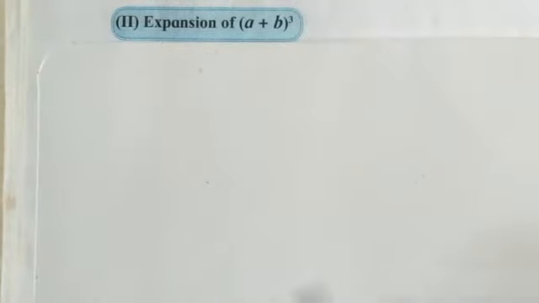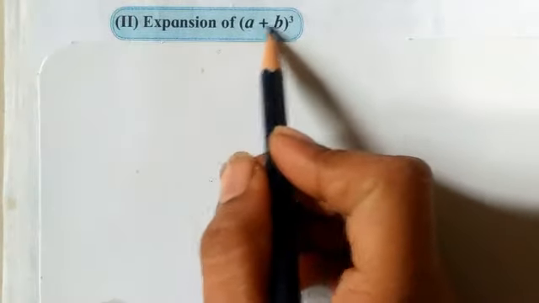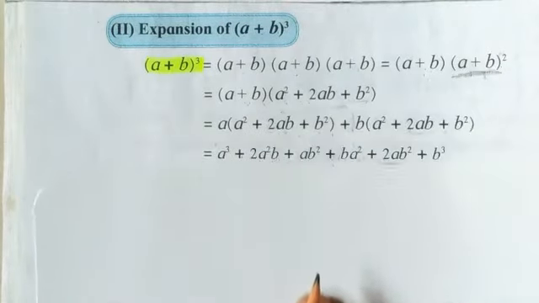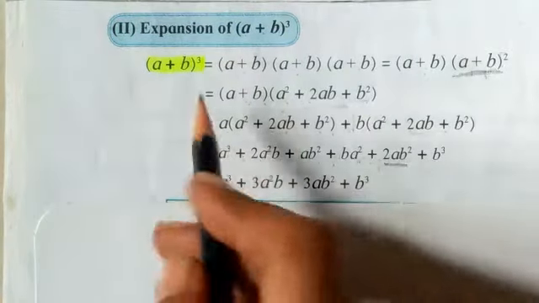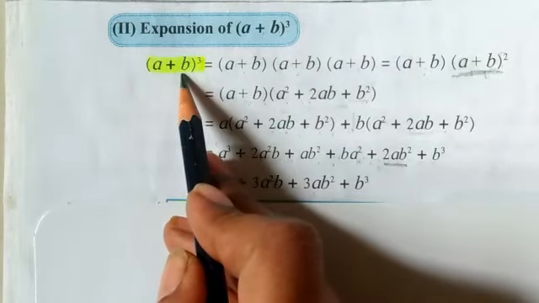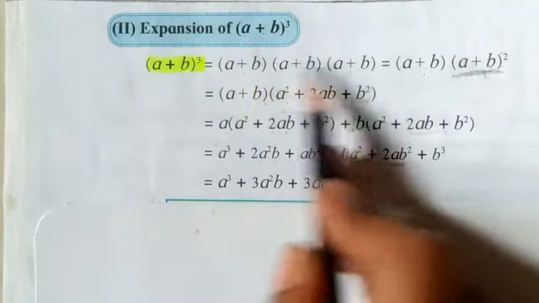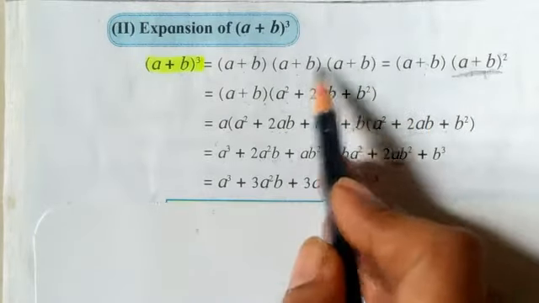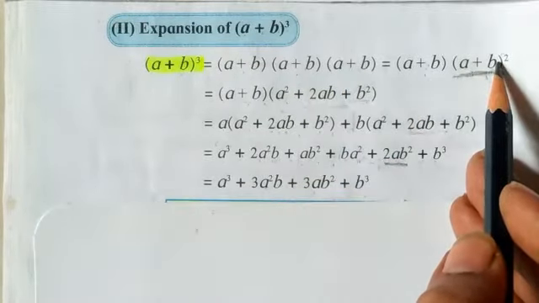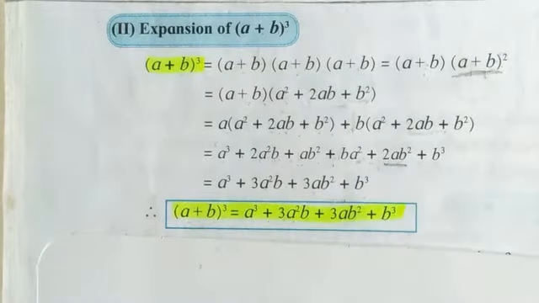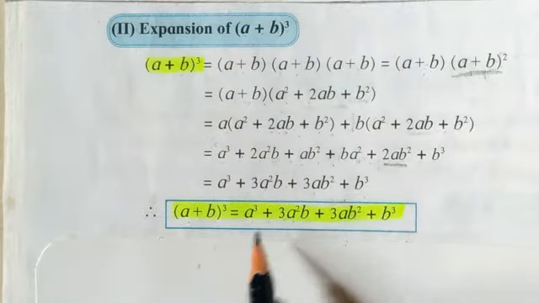Let's start the practice set number 5.2 by knowing one more formula. Here the term is (a plus b) bracket raised to 3. So if we solve this term, then we get the formula. It is (a plus b) raised to 3, it means 3 times (a plus b). So if we make it 3 times, instead of writing 2 times, we are making the square of the last 2 times. So if we solve this step by step, then we get the answer this way, which is our actual formula.